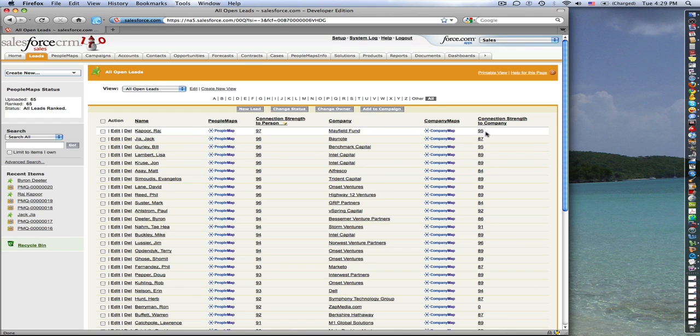The other score that you'll see over here on the right side is actually my connection strength to the company overall. What we've done here is analyze all of the possible ways you could reach all of the senior executives at the company. So what it does is essentially find you your best way into any given company. And you can sort all of your leads based on this column as well if you choose to. But for right now, I'm going to click on the 97 here and just